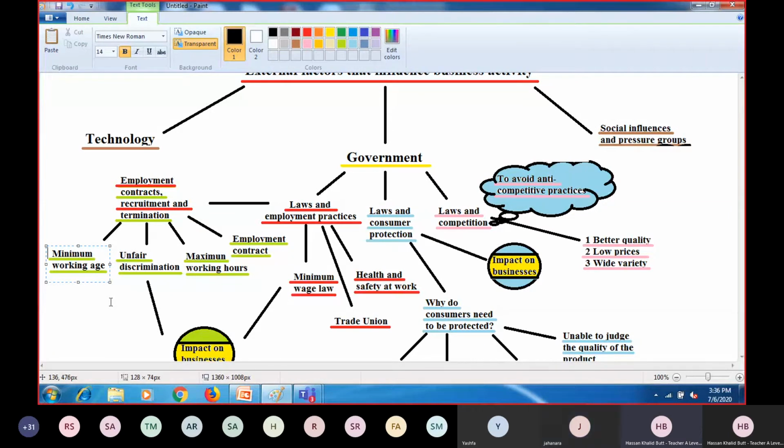Very good. Thank you very much, Jahara. So it means you cannot hire children. Simple as that. Because their first right is to get education rather than working somewhere. And they do not know what is good and bad for them. They can be exploited at the workplace as well. They can be forced to work for a longer time period and a very minimum salary can be given to them because they are not aware of their rights.